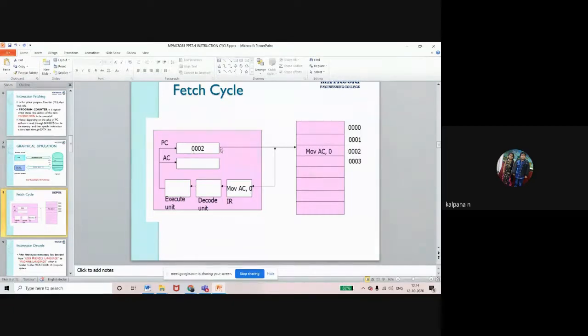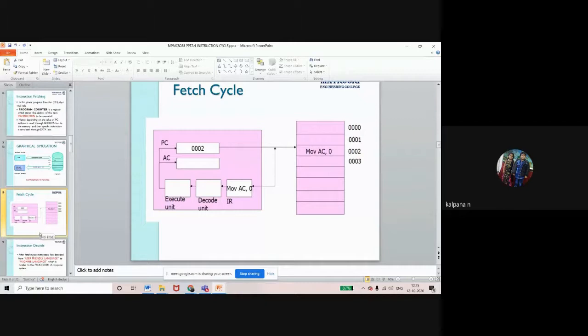Now the processor goes to that particular address, 0002. What is present at 0002? The instruction move AC comma 0. It takes that instruction, and the instruction is fetched into the instruction register. Up to this process is called instruction fetching.